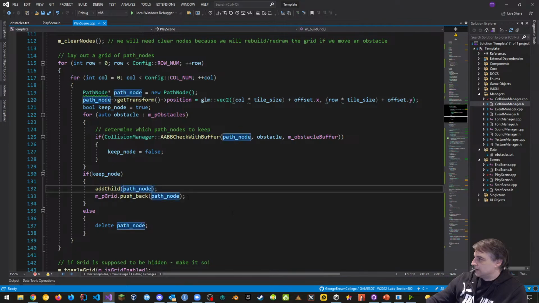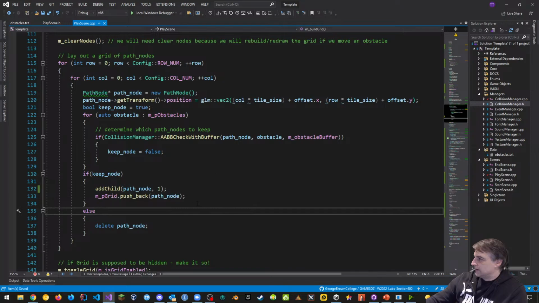And so when the child is added, what about if we specified a layer index? Because layer is normally 0, which layer do we want them? We want the grid to be posted after the obstacle. So this should be 1 actually. That should be where it's being posted, 1. And this will always be 1 no matter what happens. Let's see how that works.